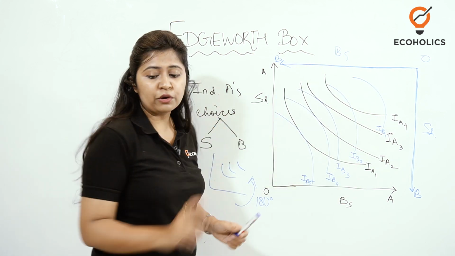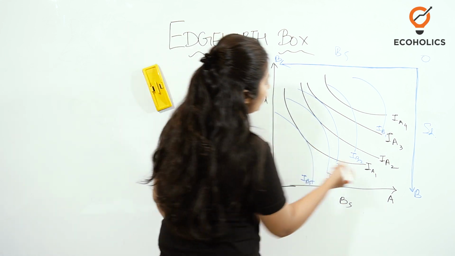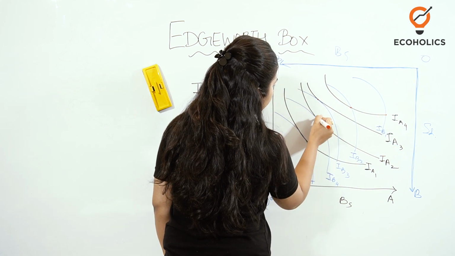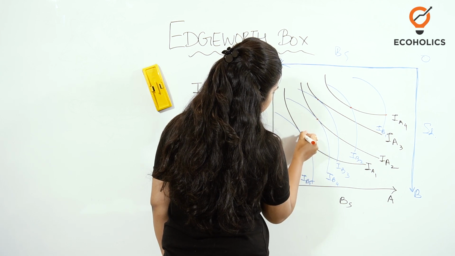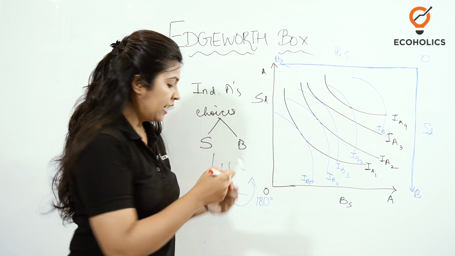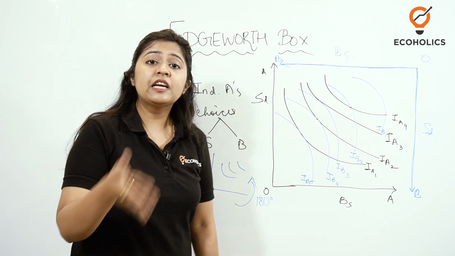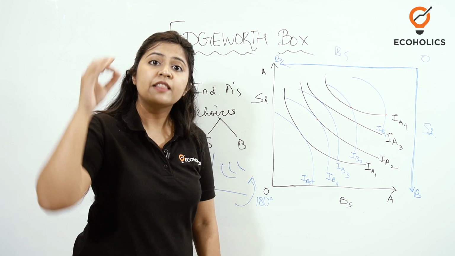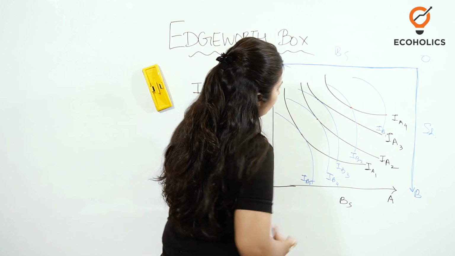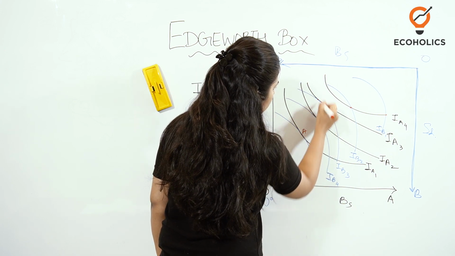So we are first of all going to find out the points of intersection. We have a certain point of intersection over here, over here, and over here, and here, and even here. Now these are the various points of intersection. Now we have to find out that kind of point where both the individuals are going to be satisfied the most, so we have to find A's and B's intersection point. Let us name the points A, B, C,